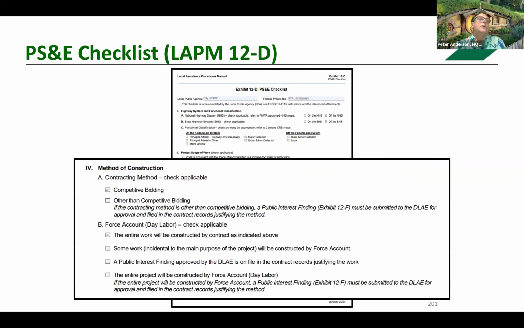Method of construction, very important. Again, FHWA expects that all federal aid construction projects be completed by competitive bidding. Any variation from this will require a public interest finding. If utilizing force account, direct performance of construction work by a local agency, a PIF will also be required. And it's possible that you could have a component of work. The majority of the work is going to be done by competitive bidding, but an item that will be done